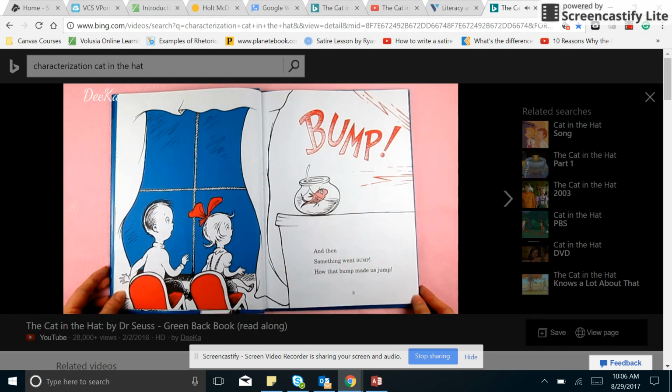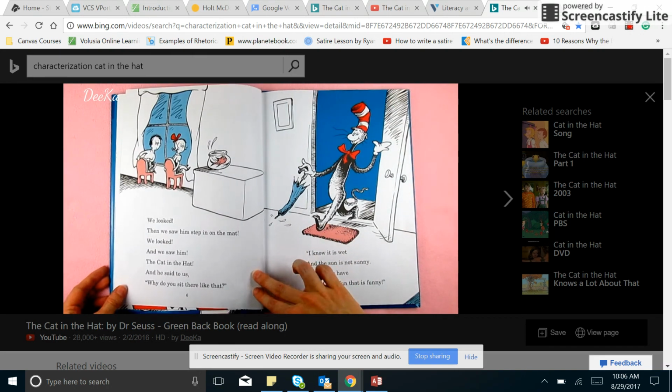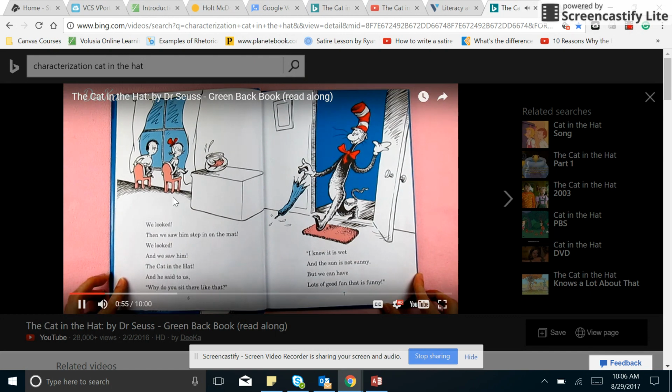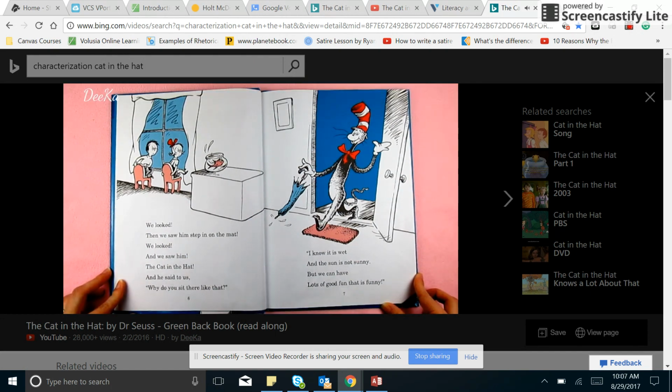And then something went bump. How that bump made us jump. We looked, then we saw him step in on the mat. We looked, and we saw him, the Cat in the Hat. And he said to us, why do you sit there like that? I know it is wet, and the sun is not sunny, but we can have lots of good fun that